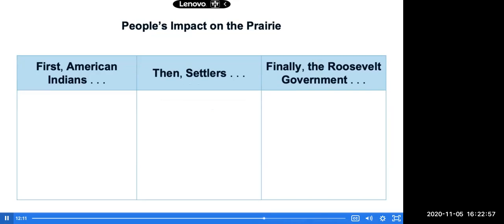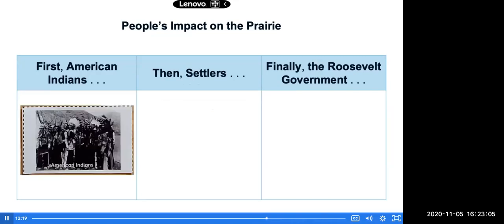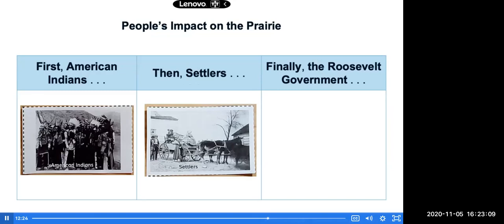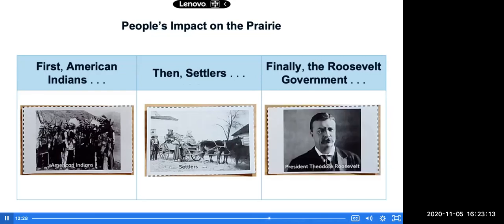Go ahead and get your cards out so you can move them around either on a table or on the floor in front of you as we talk about the people in these pictures and when they came to the prairie. First, the American Indians came to the prairie, then the settlers, and finally the Roosevelt government. Each group had an impact on the prairie, which means they had a strong effect on the prairie.